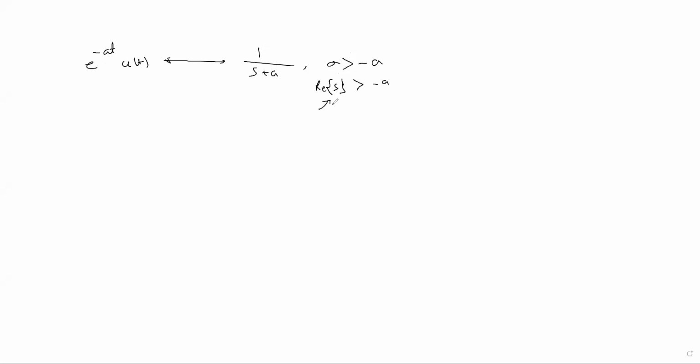What does Re mean? Re means the real part of s, and we know that the real part of s is nothing but sigma, because s is a complex number, where s equals sigma plus j omega, isn't it? So this sigma plays a major role in the Laplace transform. It gives us the information about the ROC. So we have seen that the ROC of this equation is nothing but sigma greater than minus a.